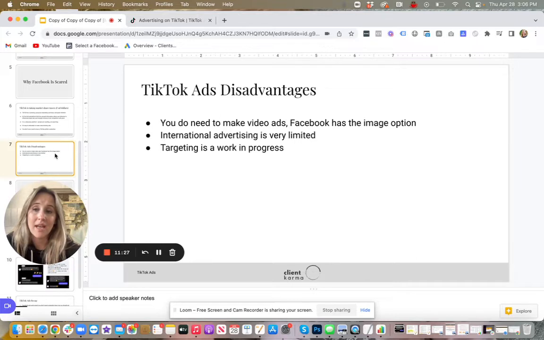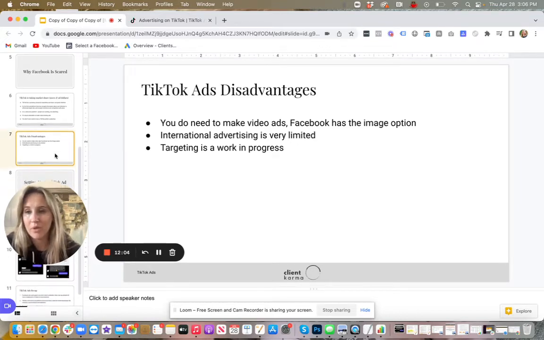And if you create an ad account in Europe, for example, or in Australia, you're going to have access to a different set of countries. Obviously, you have access to the country that you're in. So if you're in Australia and you want to sell coaching to Australians, that's great. But you don't have access to the US market right now. Again, I think that's something that's going to change. I'm not sure exactly why this is, what kind of legal agreements are in the background, but it is the case right now. So if you're in Europe and it's essential that you advertise in the US, then right now TikTok is not the platform for you.